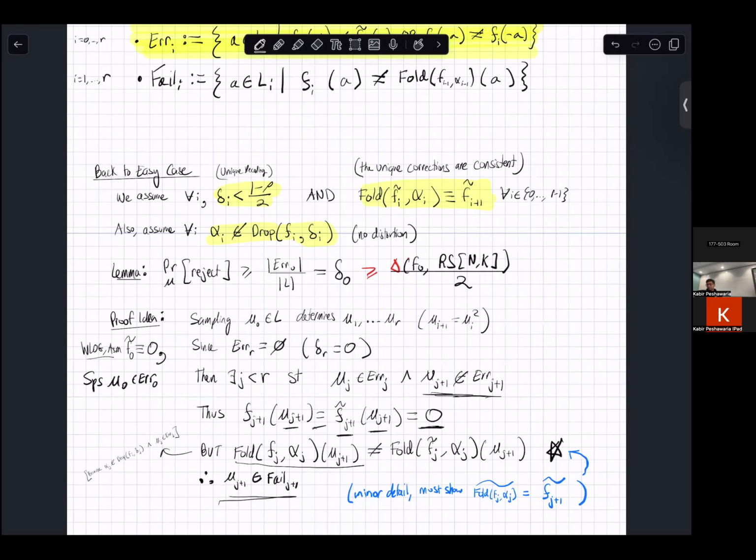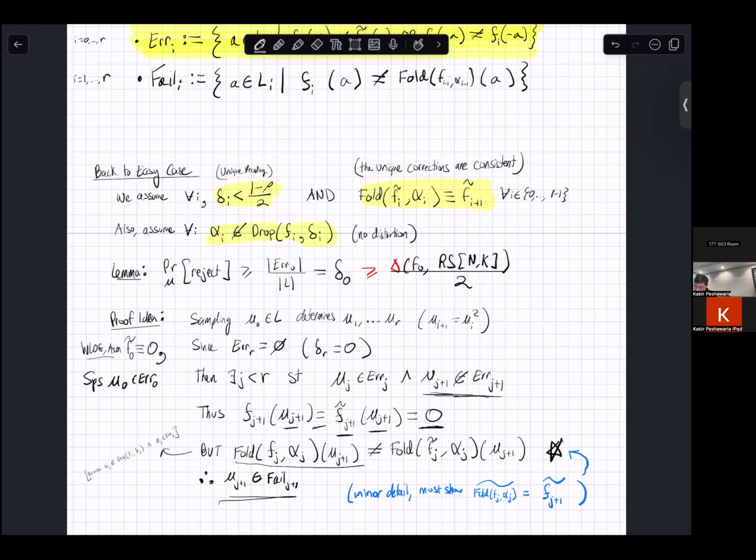What do I mean by correction? Let me try and give you more intuition about what a cheating prover could do. One, it could just send a bunch of noise. Two, it can send a function that's close to this code word, and then in the next round say, hey, it's close to a different code word, and so on. What we're doing in this easy case is we're saying, let's only consider the scope of cheating provers that do these things, right? We're always within unique decoding, we're always close to the same code word, etc.